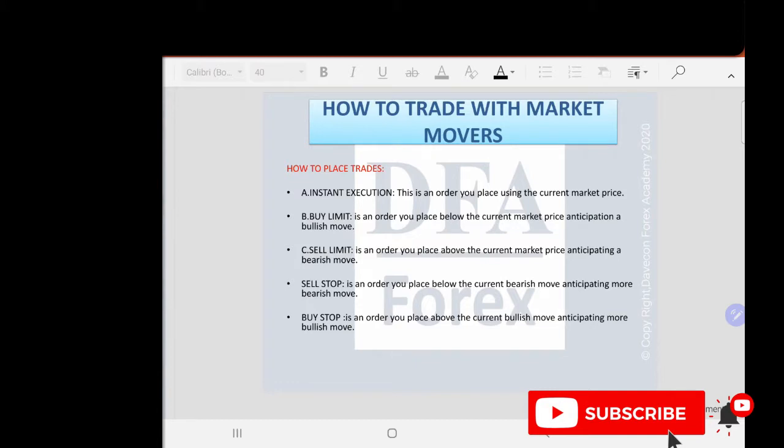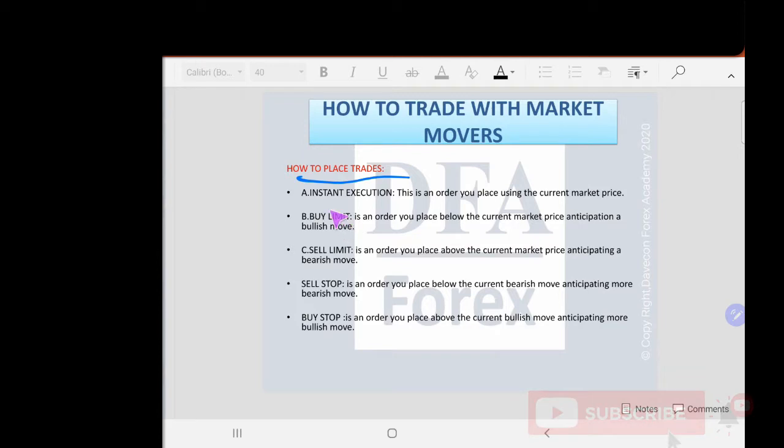Now we'll have this instant execution. These are different types, the different ways you place trade in the market. All right, these are different ways. I will make a separate video on how to download the MT4 and where to input your trades. But these are different ways you place trade. Just understand it. For an instant execution,